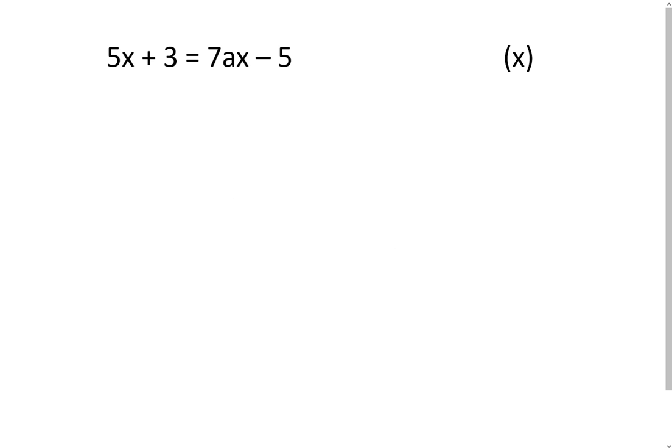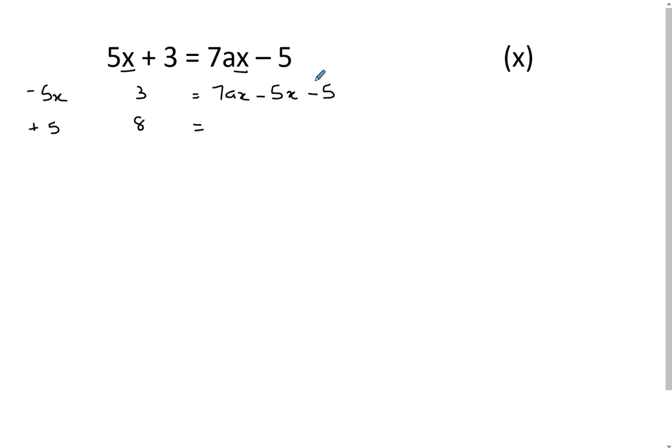So if you've got 5x plus 3 equals 7ax minus 5, you can tell the x is in both places. So the aim of the game is to get all the x's on one side. So I'll minus 5x from both sides. So we've got 3 equals 7ax. And I'll put the x's together, so minus 5x minus 5, and then I want to remove that 5, so I'm going to plus 5, so you've got 8, nice number, equals